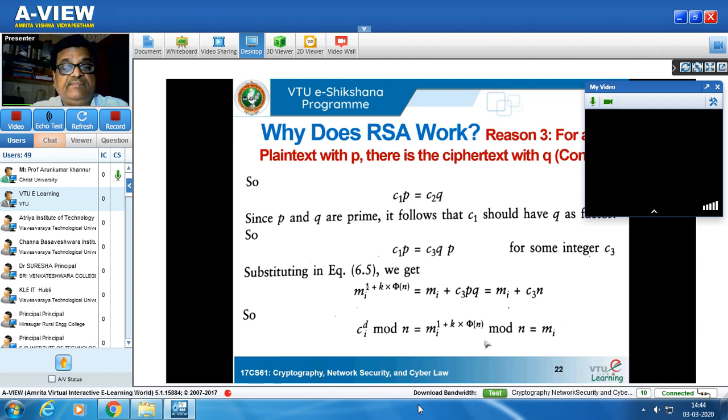So, the ciphertext value Ci, by making use of decryption, mod n is equal to the plain text block Mi raised to 1 plus k into phi, Euler's function phi n. When you do that activity, mod n equal to Mi, means the ciphertext after decryption with mod n operation is equal to the plain text with 1 plus Euler's function phi n mod n operation. So, we are able to recover